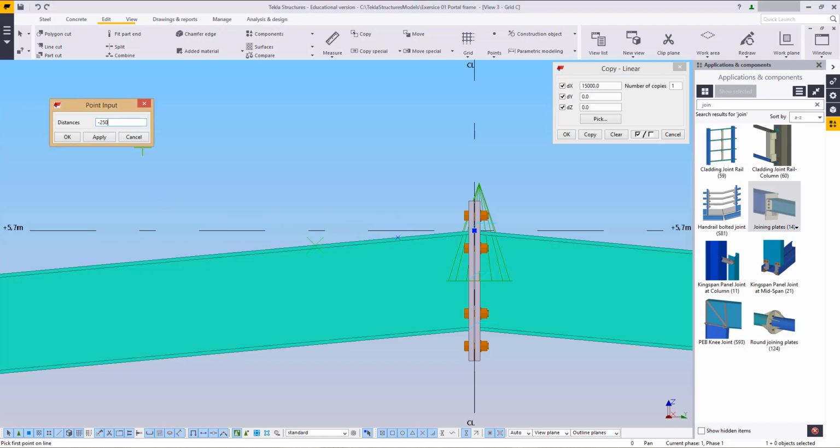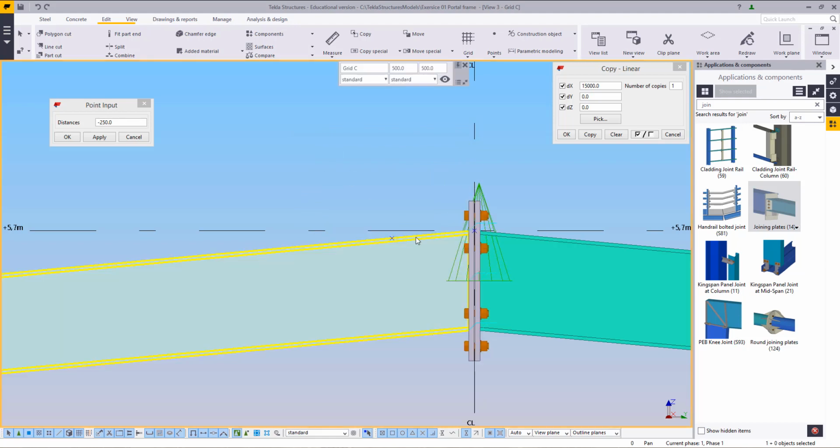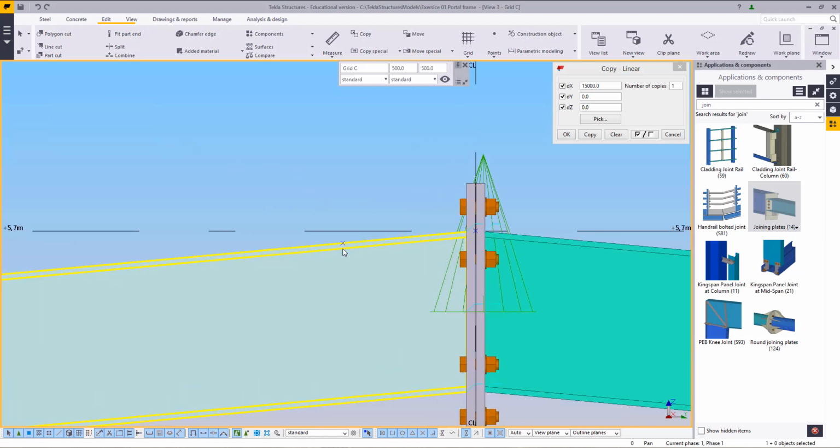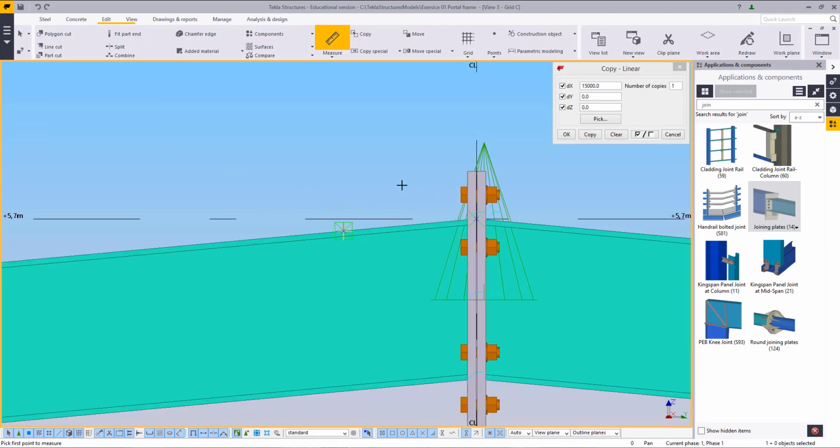Now you can use this as a negative. Let's just undo. So put 2 point, put point right at the middle, and from there 250 down, it'll give us our next point. If we go and measure it,